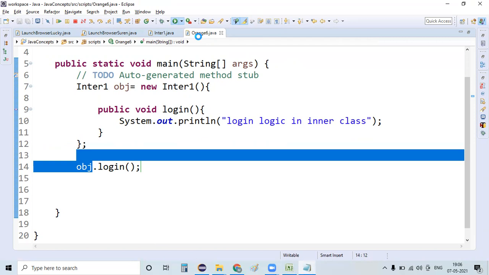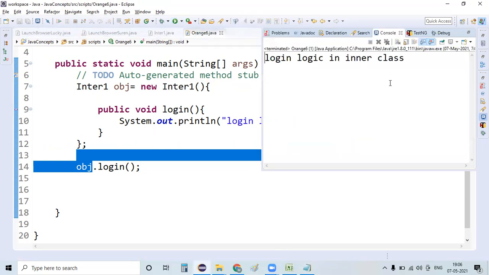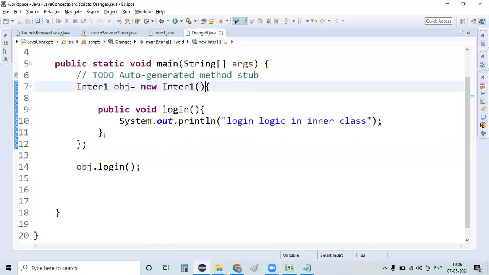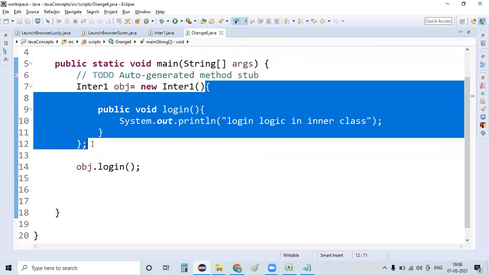So yeah, it's taking a minute. Yeah. So the login logic in the inner class was implemented. Without these inner classes, your Java compiler will throw an error message, buddy, you are creating an object of an interface, which is not possible. But with this inner class, we are providing the implementation logic using an anonymous inner class. It means without having a class name itself, we are creating the class, and even implementing the logic for that particular interface here.